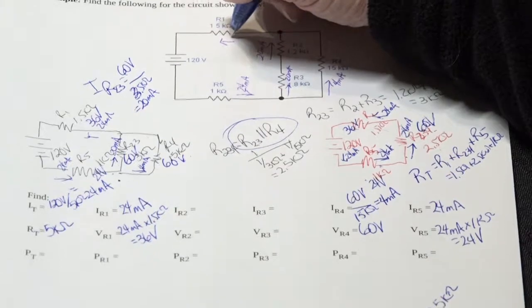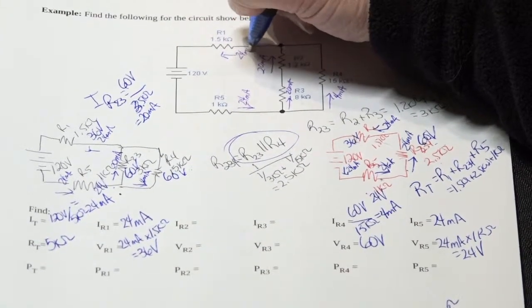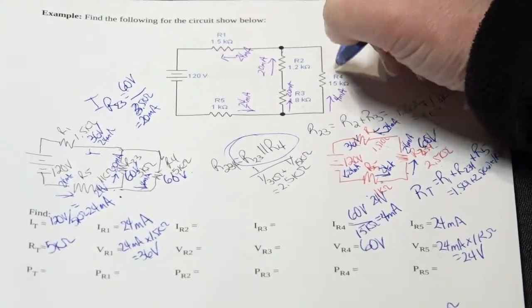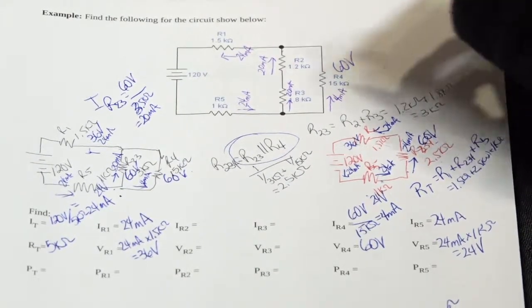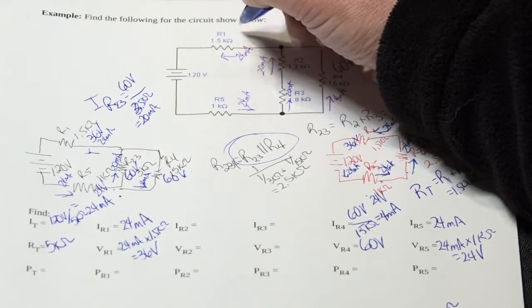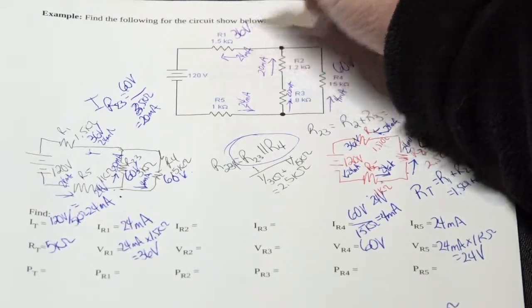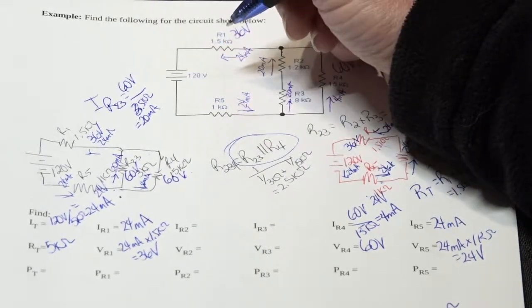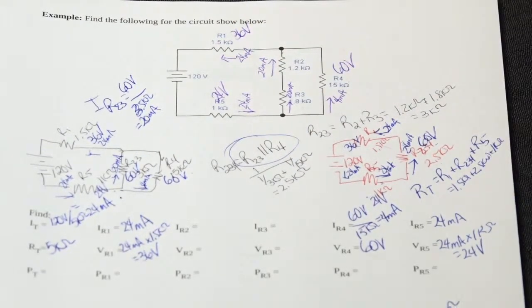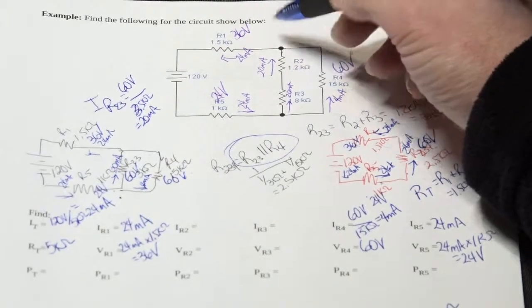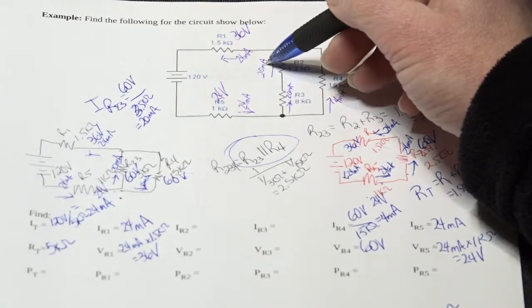And we have 24 milliamps going through there. We know that this is 60 volts. We know that this is 36 volts. We know that this is 24 volts. So since we now know the current is 20 milliamps through both of these resistors,